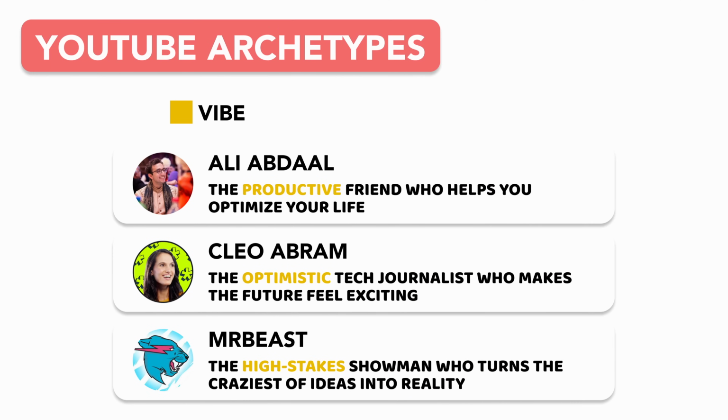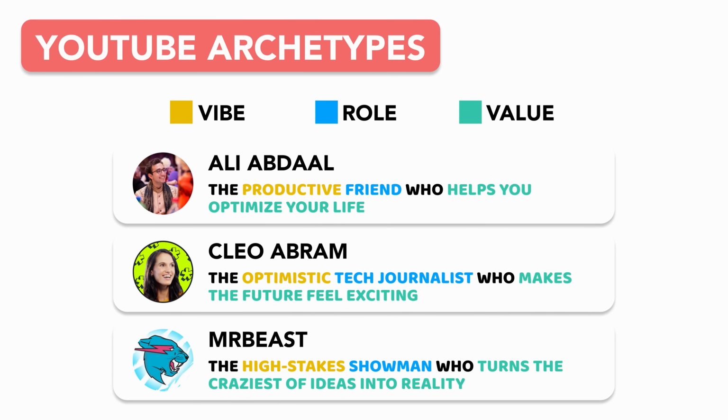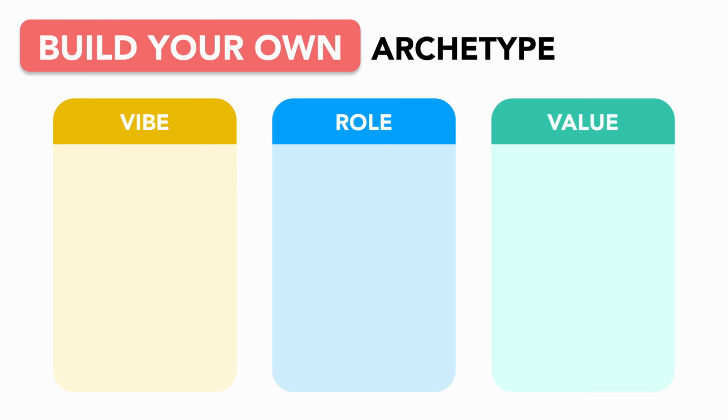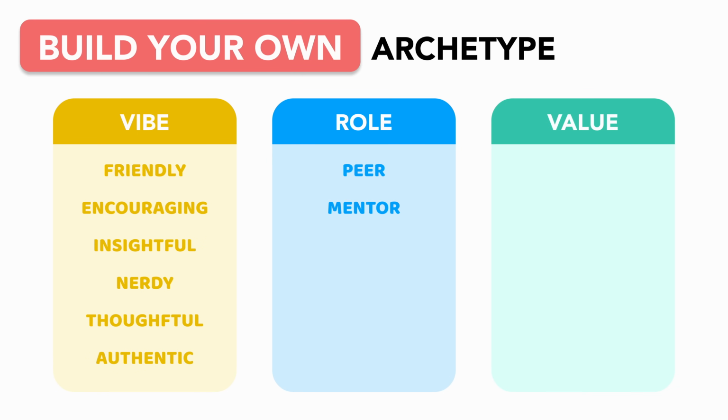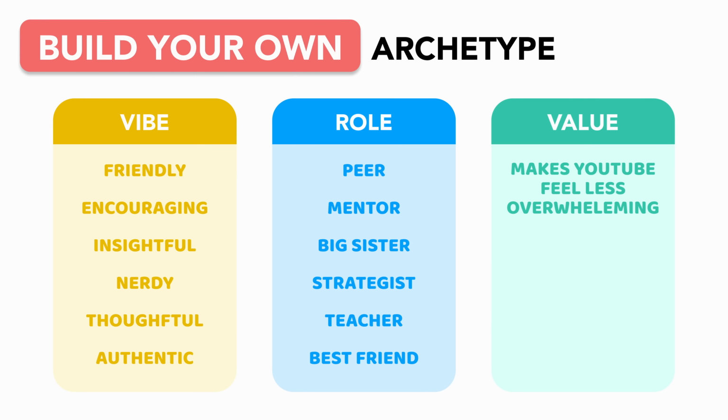And you can find yours by defining your vibe, or the overall feeling you want your content to have, role, or the character you play for your audience, and value, or the takeaway your viewers get from watching your videos. To figure out your own archetype, start by listing a few words for each building block. Consider how you want people to describe your content, what role you naturally take on, and what viewers gain from